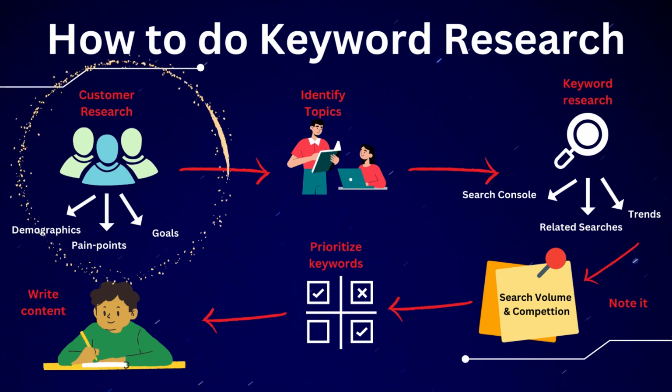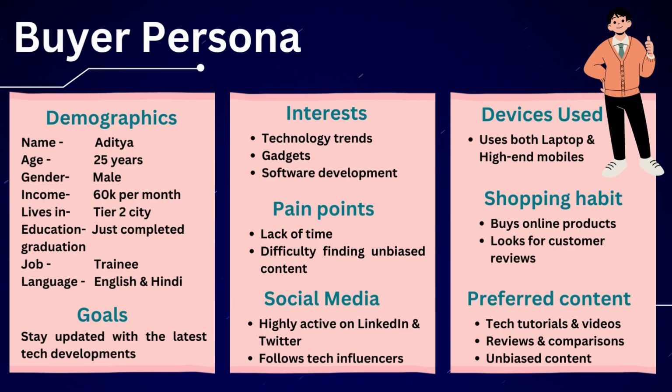We have prepared a comprehensive persona of the buyer with details such as demographics, goals, pain points, interests, habits, and online presence. You can pause the video and review it to understand the customers we are targeting. This persona reveals that our target audience has a high online presence, prefers consuming content through blogs and videos, and seeks genuine and unbiased information to advance in their careers. Social media is also a significant channel for reaching out to them. Understanding this buyer persona will guide our content creation process.